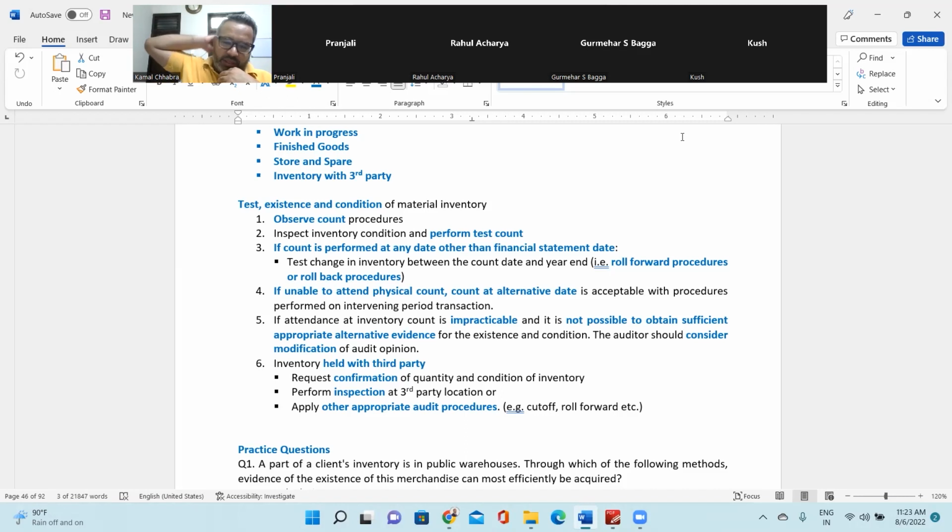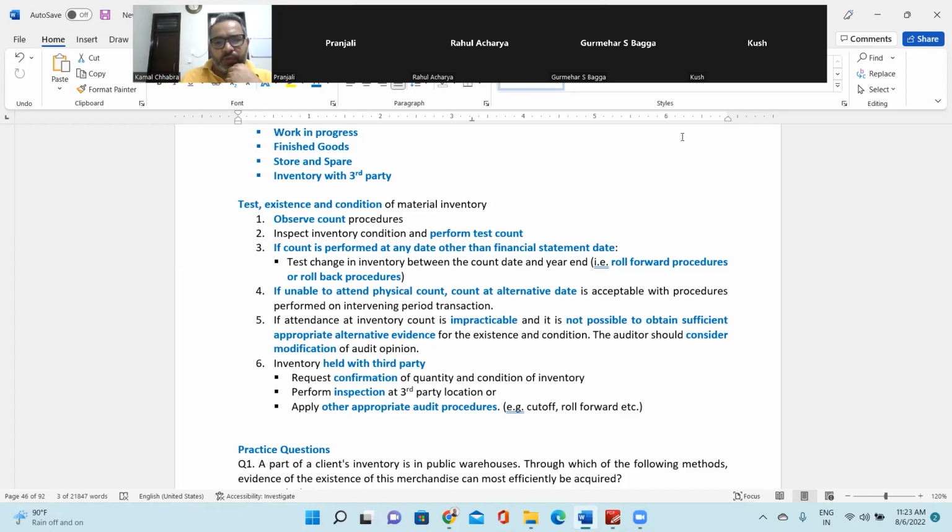Maybe because of practical challenges, maybe because they cannot stop the production, or maybe it's impracticable to do in one day, or maybe it is not so efficient an approach to perform the inventory count at year end. So in that scenario, there is a possibility that management performs the inventory count at an alternative date, not at the year end date.